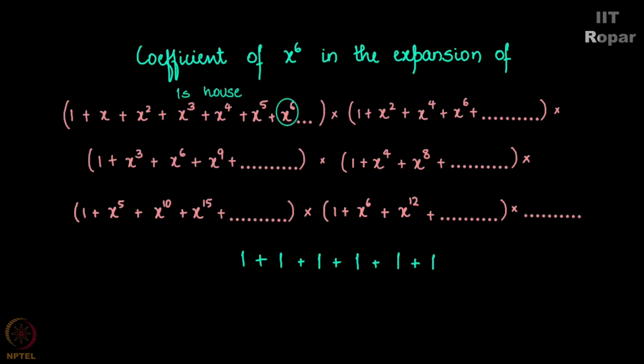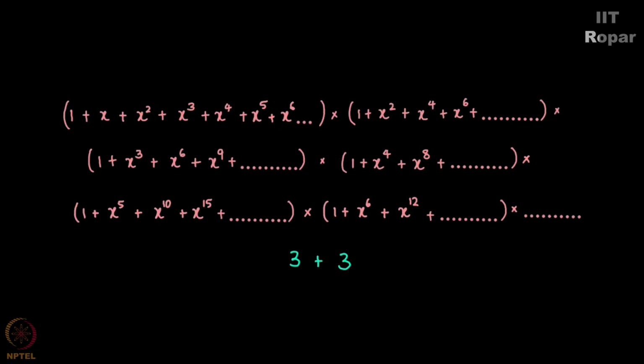Because we have all ones here, we went to the ones house. Now, what is it for 3 plus 3? We have 2 3's here, so we go to 3's house and choose x to the 6. Why x to the 6? Because we have 2 3's. What if I had 3 only, for 3 equal to 3, let's say? Then I would choose x to the 3 from 3's house. So all ones had x to the 6 from the 1's house, and 2 3's have x to the 6 from 3's house.